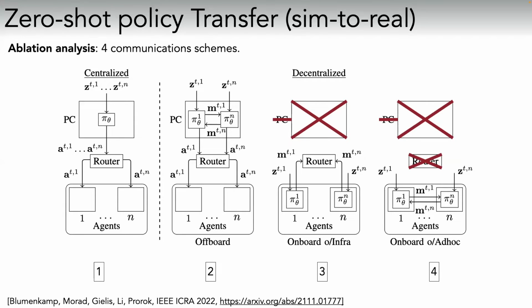The second scheme we designed was relaxing this just a little bit, saying that, okay, we're still doing this on a centralized computer, but our policies are now threaded. So we have asynchrony, okay? And we're actually running it in a decentralized manner, but it's on a PC, okay? We're then passing these actions to a router, and the router is then sending the actions to our actual robots, our embodied agents. The next step was saying, okay, we're going to start doing things on board the robots. So the robots are using their own brains. We're no longer using the PC at all, but we're still using a router.